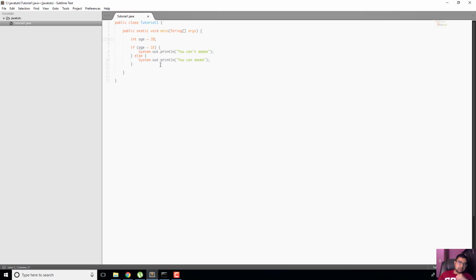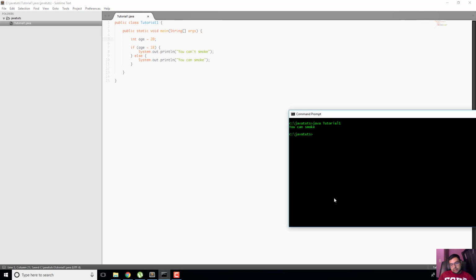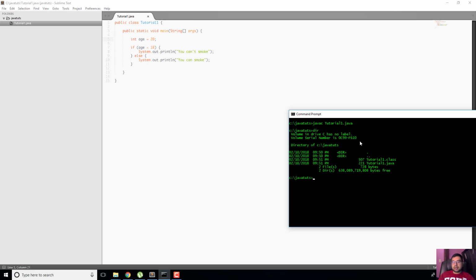Now let's change it to something like 20 and see what happens. If I do this, I still get "you can smoke", but I need to recompile this. So I'll say javac tutorial1.java. So it's successfully recompiled, and I can just see what is inside. Right now it still says you can smoke,